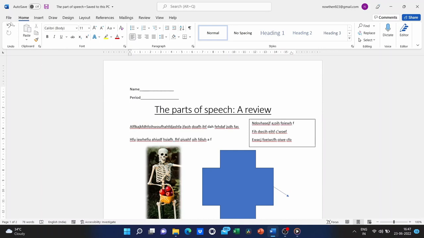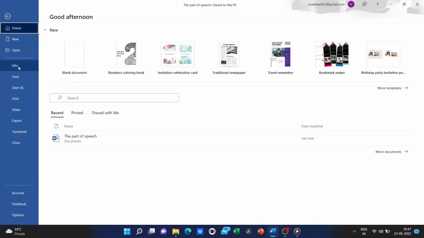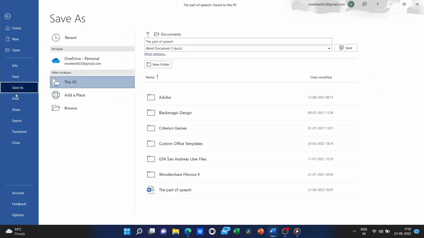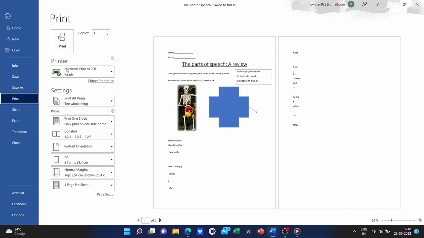And of course, I can also click there on File, and I could print it now that I have saved. I could have printed it without saving, but it's a good idea to save it first, just so you don't forget. But I can now print, and there's all these print options.